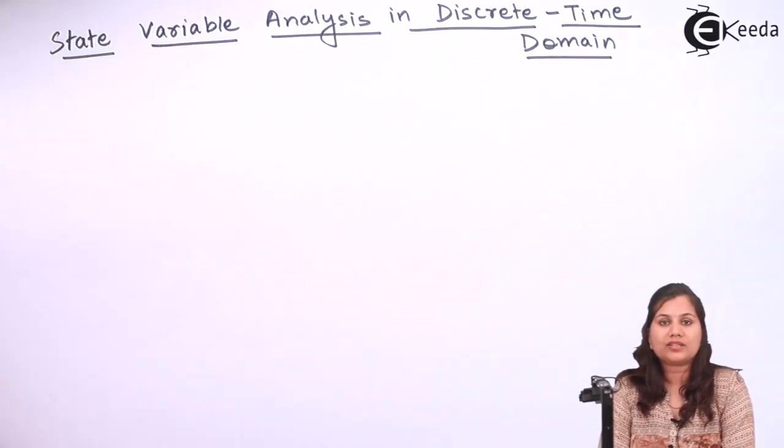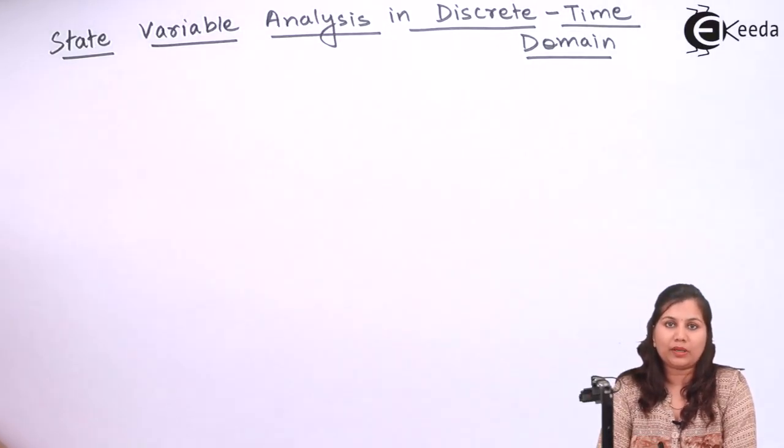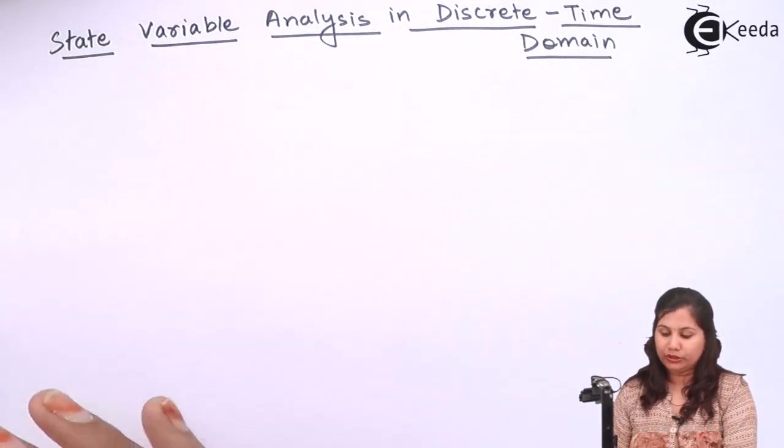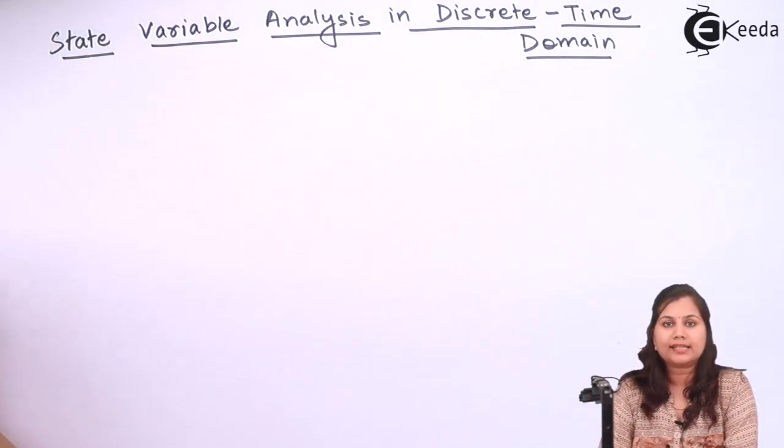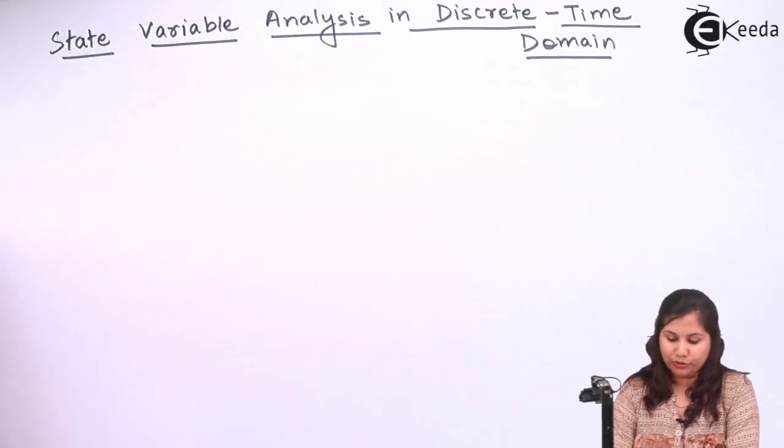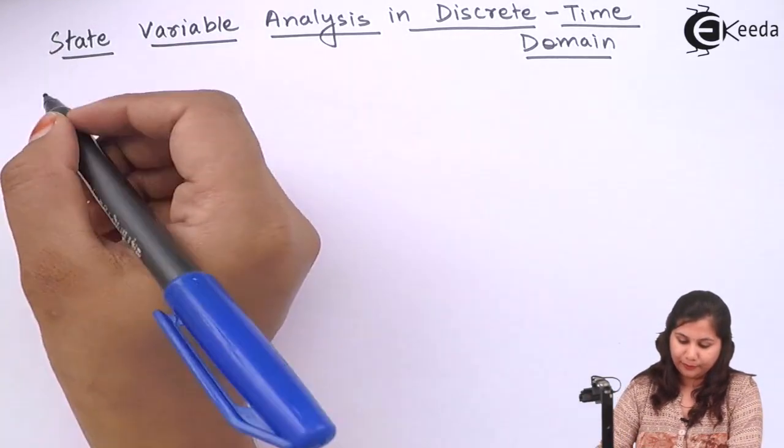And the second situation is that the system has elements in it which are continuous time elements, but at some point the signals get converted into discrete time signals. Whenever we have these types of situations, we will do the analysis in the discrete time domain. So these two situations are: